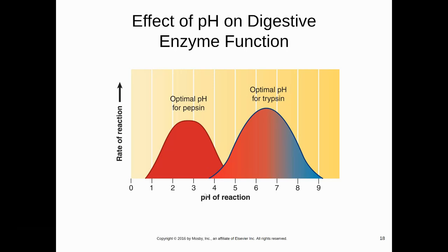Now, once we get down to our small intestine and large intestine, the pH is back to normal. It's around a 7 pH, around there. We can kind of go anywhere in the neutral range between 6 to 8, which is about what we would consider a neutral pH. And that's what we're seeing here for trypsin. It's going to be between 6 and 7. So that means that we're going to find trypsin in our